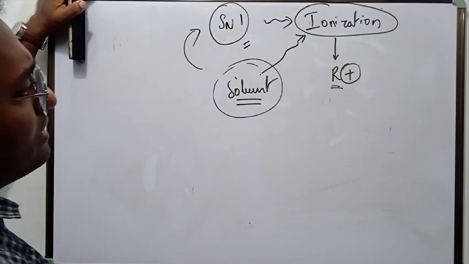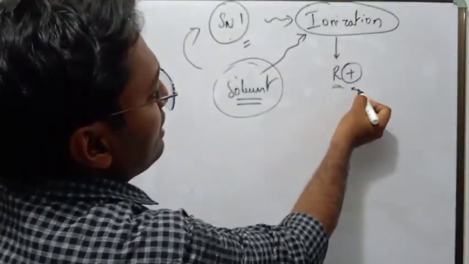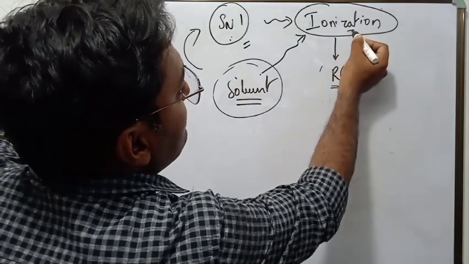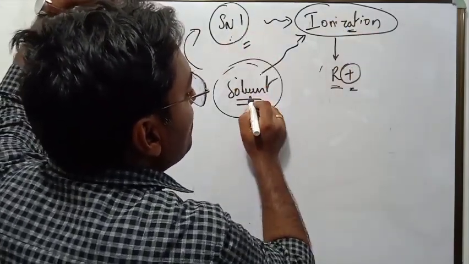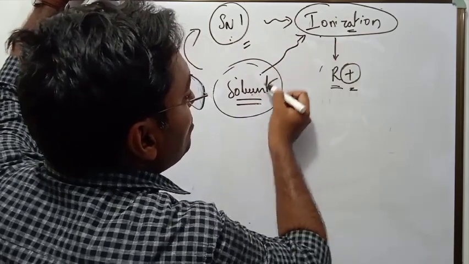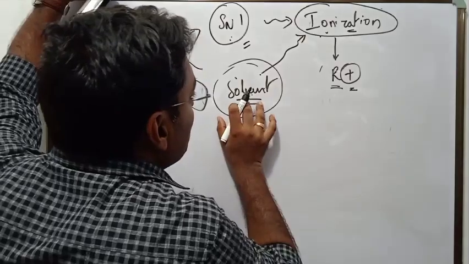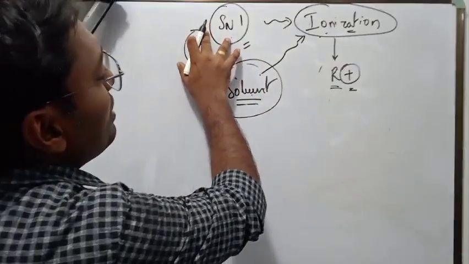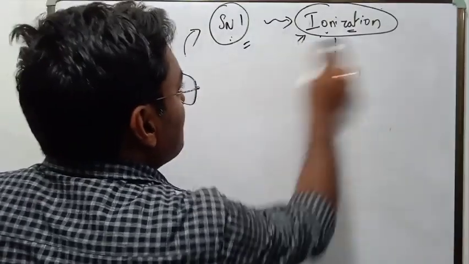Did you get it? The SN1 reaction involves formation of a carbocation, which proceeds through ionization. Ionization happens in SN1 only. So those solvents which support ionization, those solvents which favor ionization, will be most suitable for the SN1 reaction. Fine. Now let us see the case of